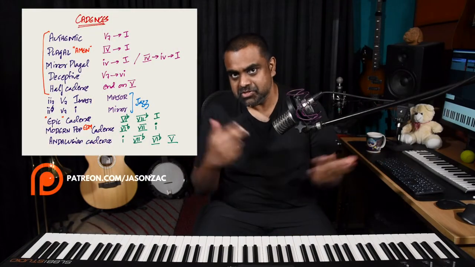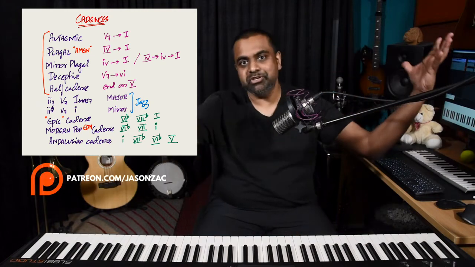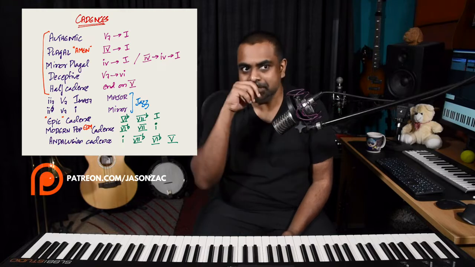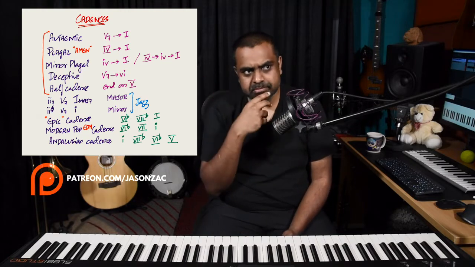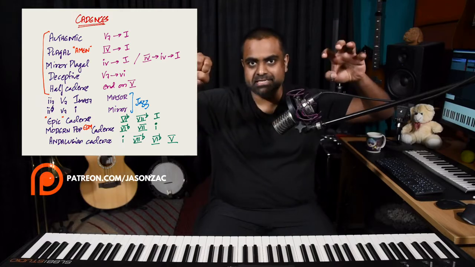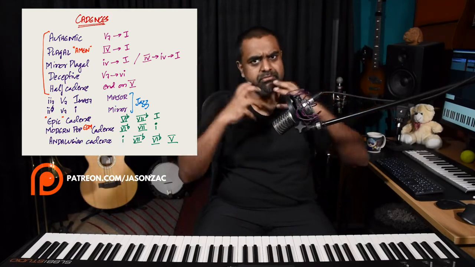In this lesson, we are basically going to look at cadences. Okay, a cadence in music. Well, there are a lot of definitions for it, but the way I understand a cadence is it's a very simple chord progression, like a chord progression which is not so big to be called a chord progression. Maybe it's just two chords or three chords or four chords. Classically, I think it's two chords, but I'm just going to title this lesson as cadences so that we put a lot of things into one lesson.